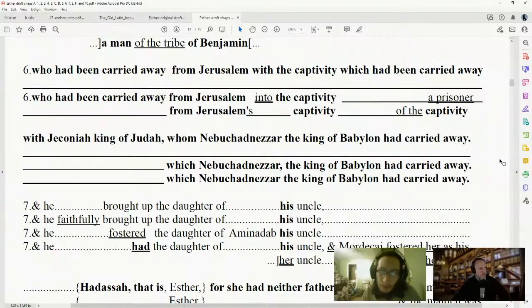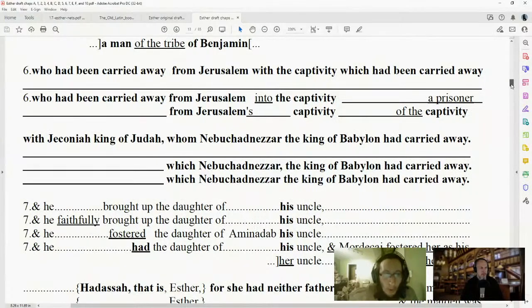From Jerusalem. So that phrase from Jerusalem most likely is part of the original text in chapter 1a. We can use parallel clauses like this to determine which readings are more likely to be correct. The Septuagint version has from Jerusalem in agreement with chapter 2, verse 6, whereas the Alpha text omits from Jerusalem. Something else to keep in mind is that the Alpha text consistently removes words that the other versions have. Because that's a consistent characteristic of that version, in general, we're going to side with the fuller readings,